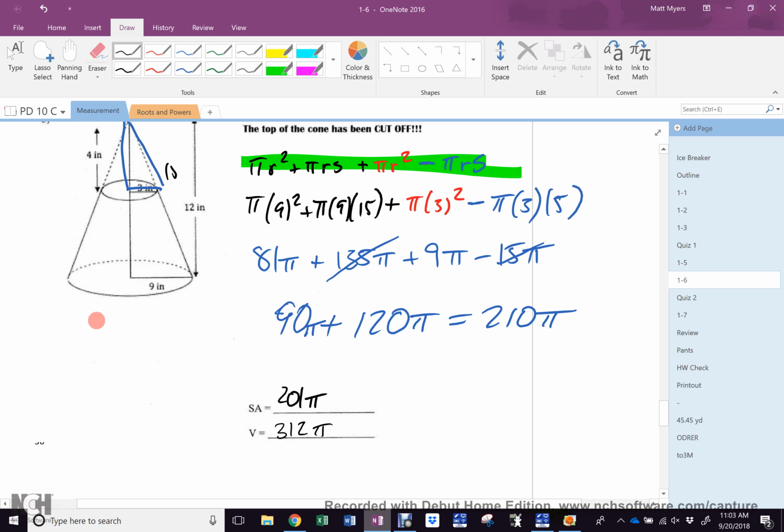So, of course, you have a plan first. It is the volume of a large cone minus the volume of a small cone. The large cone is the same as everything. Pi r squared h over 3 minus pi r squared h over 3. Since they're the same denominator, you can put it all over 3, and you do pi times 9 squared times 12